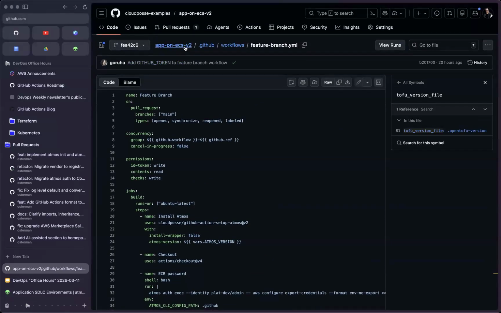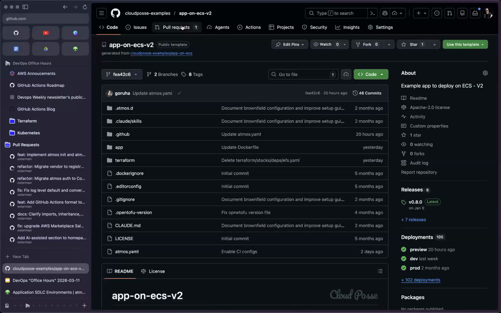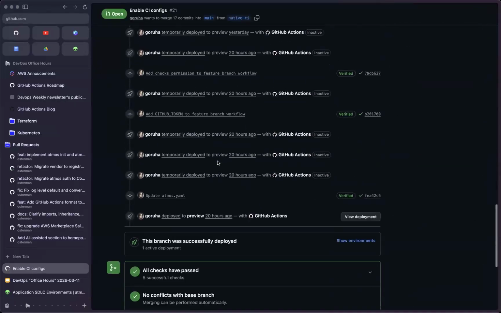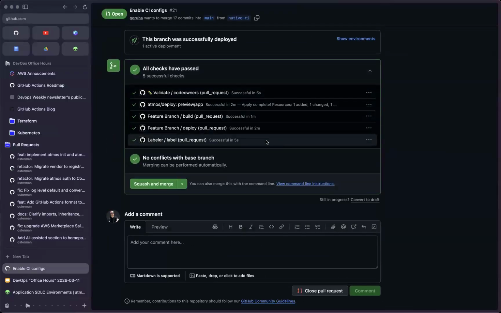The other cool thing that this adds are status checks. So you see this status check here. This gives you Atlantis style status checks. That means that if you're using Atlantis today and you like Atlantis and you like Atmos, you can basically get the same outcome with all the flexibility of GitHub and GitHub Actions using Atmos and this. And your workflows are simple.